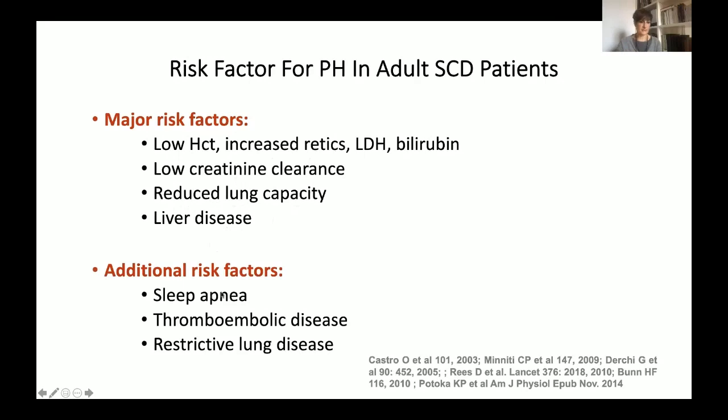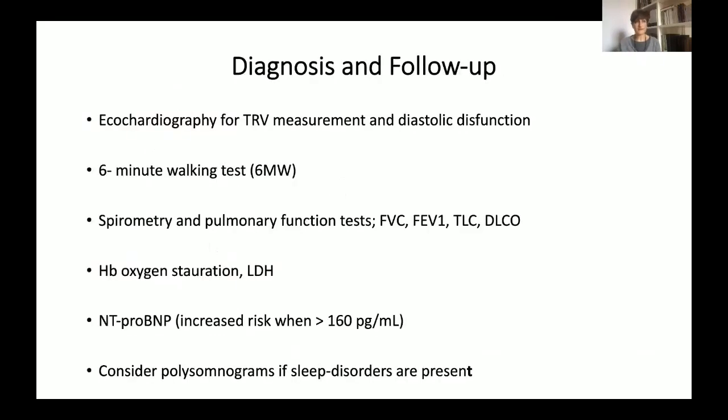An additional risk factor may be represented by sleep apnea, thromboembolic disease, and restrictive lung disease. When you think of early identification, early treatment, and intensive treatment for pulmonary hypertension to reduce disease progression, the idea is to